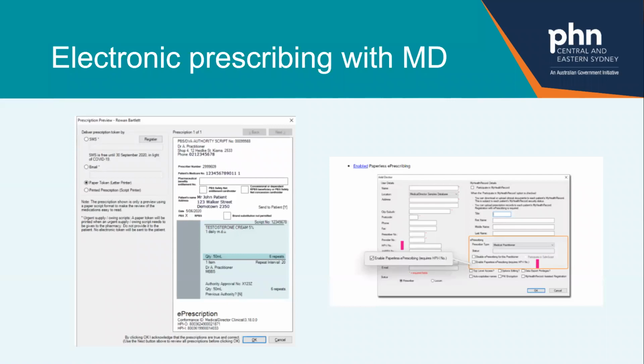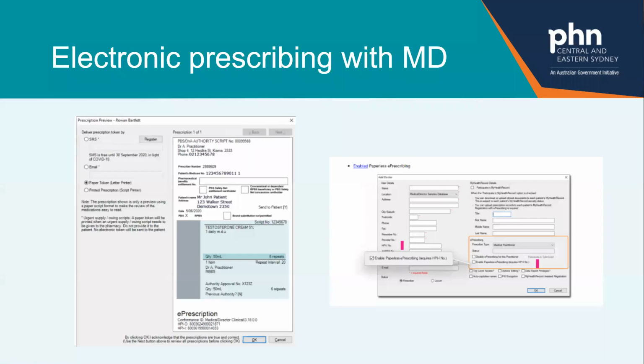And also on the best practice video, you might have seen that password comes up again. So again, like I said, that's particularly with S8 prescriptions, that's a security requirement, that the prescriber enters their password a second time. So please, again, remember for everyone, it's always important to keep your password secure, but definitely if your GPs are issuing electronic prescriptions, it's very important that they do have their password secure,